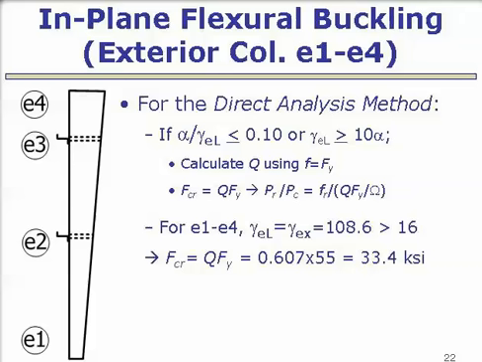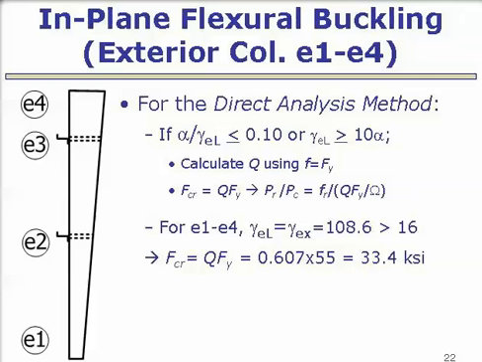In the direct analysis method, we've provided some recommendations in the design guide that basically allow you to simplify things when you have a case like this one that's clearly not really a stability problem. If alpha divided by your gamma is less than or equal to 0.1, or in other words, if you need to ramp up your buckling loads by greater than or equal to 10 times alpha, where alpha is our 1.6 value, or if you need to ramp up 16 times to get to strength,